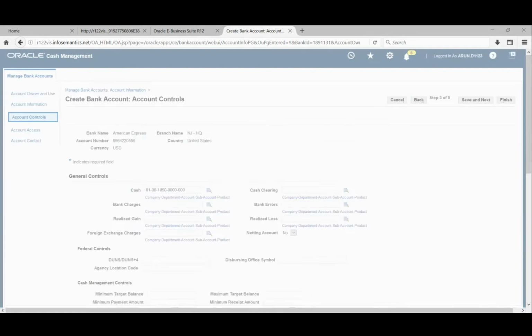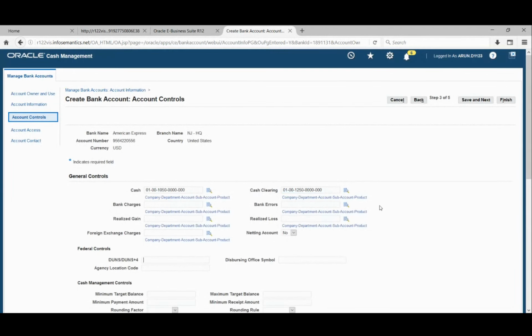Okay, so what I will do is that I'll attach the cash and cash clearing. Okay. Yeah, so these are the two mandatory accounts that we will have to give.